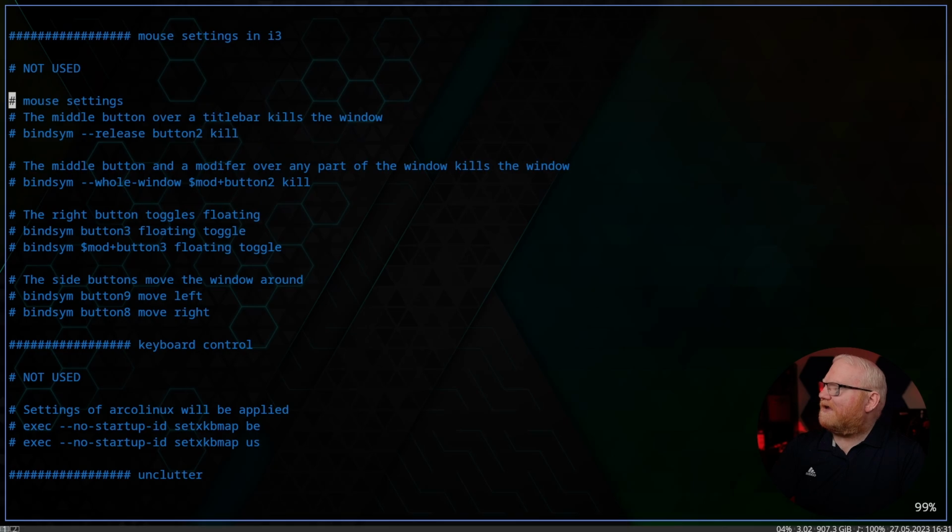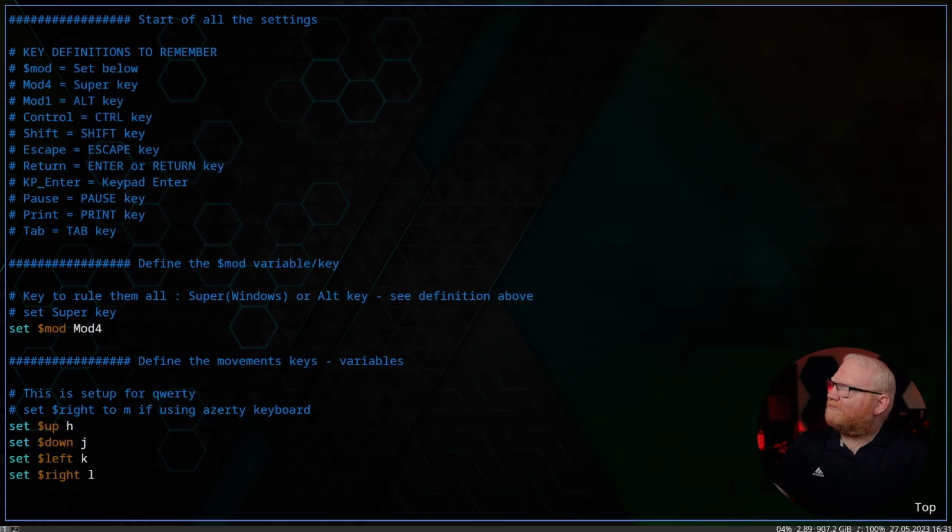I'm sure that if I was better at Vim, this would be a lot easier to work through, but I am still fairly noobish when it comes to Vim, so there are still a lot of things that I just don't know how to do as easily as I should, but that will come with time. They actually started allowing you to split i3 config out into different files. So my plan eventually, probably not this week, but probably next week, is to take this file and go section by section and divide it into 4, maybe 5 files, just to make it easier to